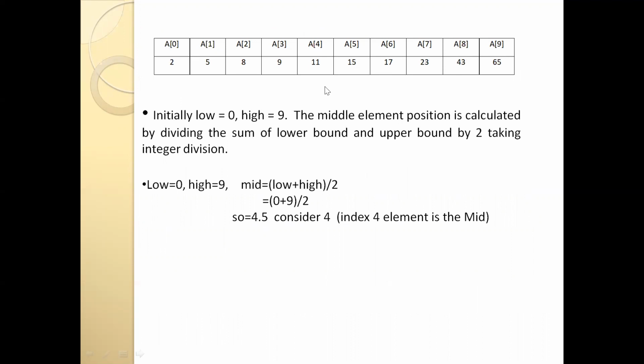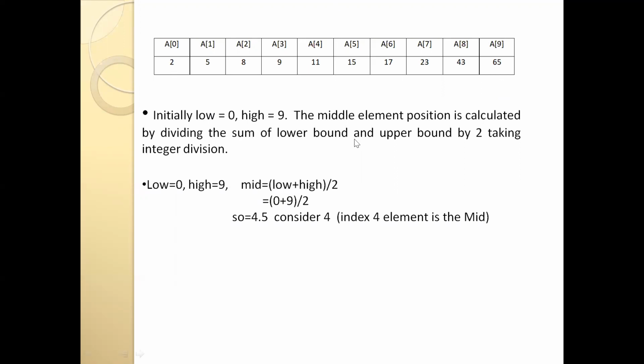Now we need to find out the middle value. Just assume that here we want to find the element 17, whether the 17 is available in the list or not, using binary search. So for that, first we need to divide this list into two equal partitions. For that, we need to know the middle value of that list. With that mid position, we can divide the list into two partitions. So initially, we will consider the first index as the low index and last index as the high index. That means we are setting the boundaries for lowest boundary and highest boundary.